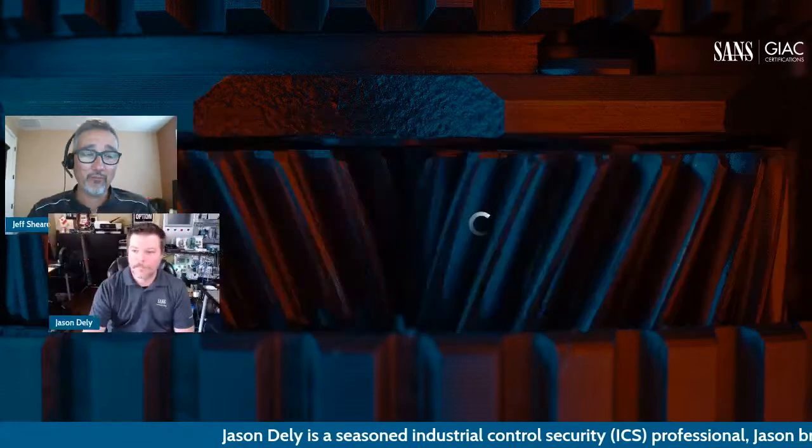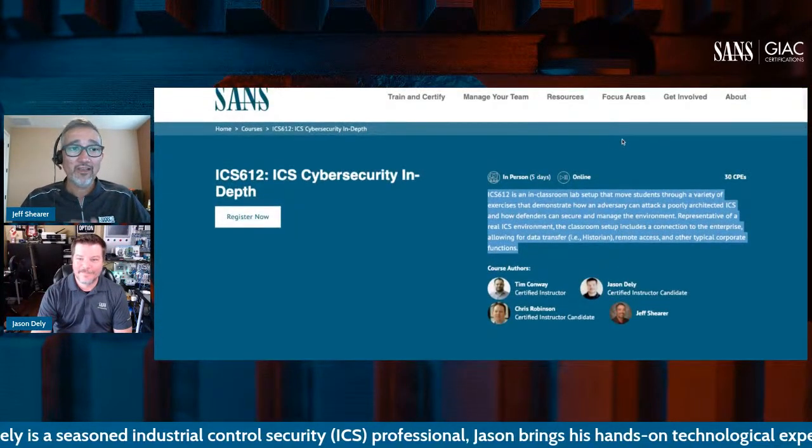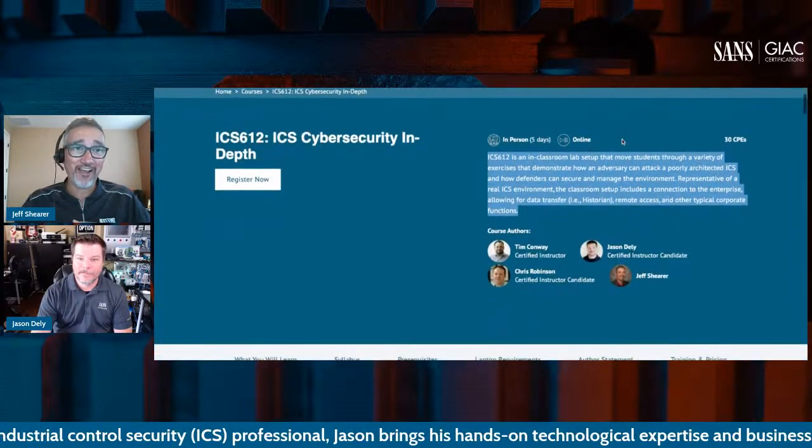Then we break the coffee factory, and they actually have to get the coffee factory back up and running. There are physical elements. We always do physical things: unplugging cables, unplugging relays, messing things up, like putting in the wrong port.